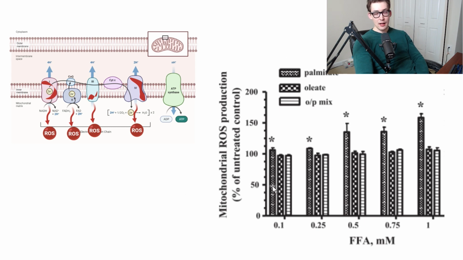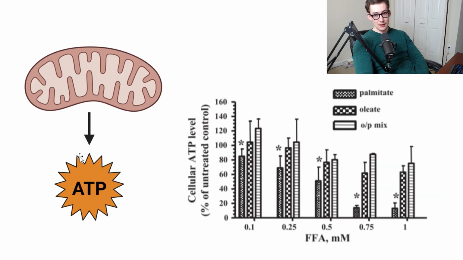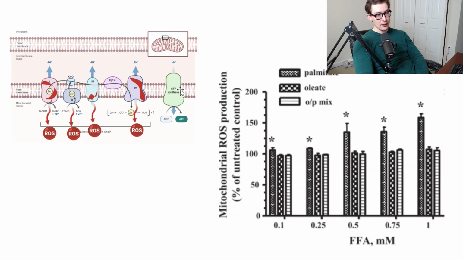And then here we've got oxidative stress. So oxidative stress is, again, I'm going to be simplifying things because I don't want to get too off track here, but within the mitochondria you have these proteins known as the oxidative phosphorylation proteins. The big picture here is that they allow for the production of ATP. So the very same ATP that we measured here in the entire cell, this ATP synthase protein allows for the